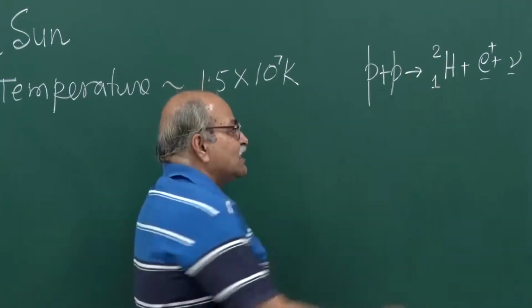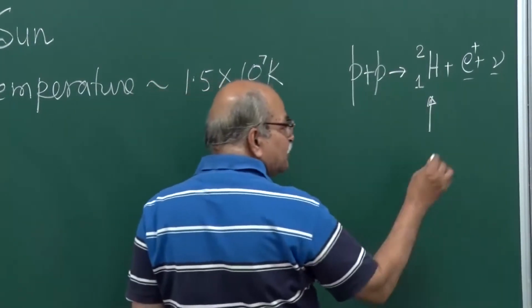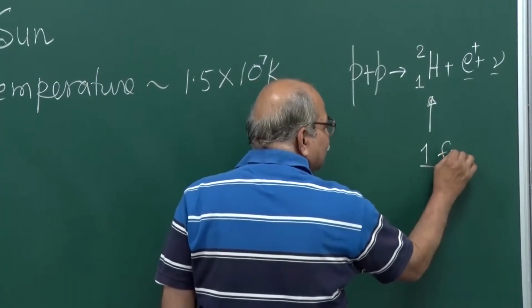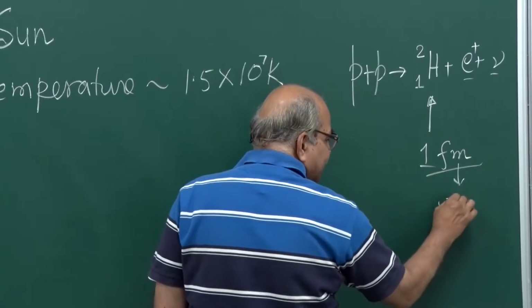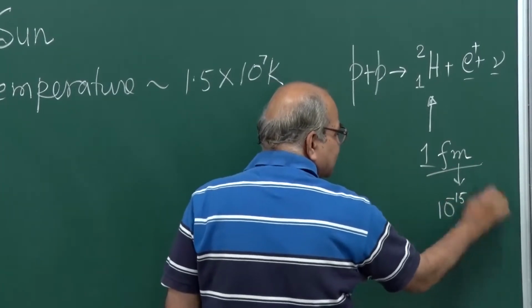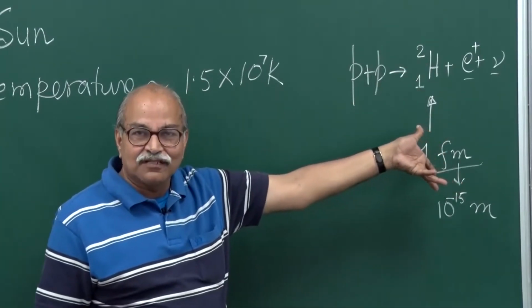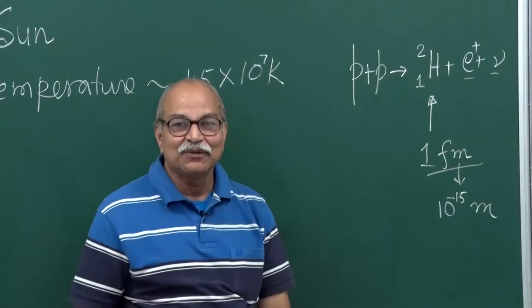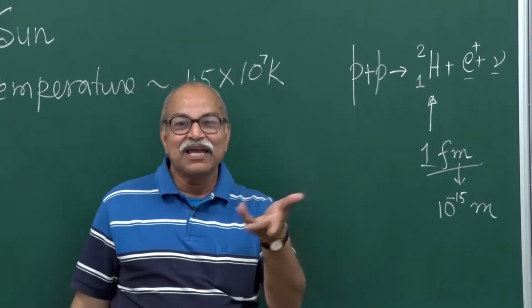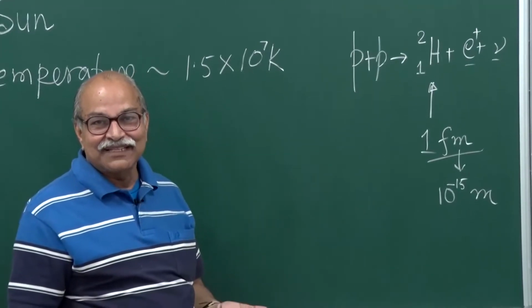And when this nucleus is formed, what is the size of this nucleus? The size of this nucleus will be almost say 1 femtometer or so. You know, femtometer, 10 power minus 15 meters, is called femtometers. So the size of nucleus is typically of that order. Even the big nuclei, uranium and all those things, will also have a size of some 5, 6, 7 femtometers, not more than that.